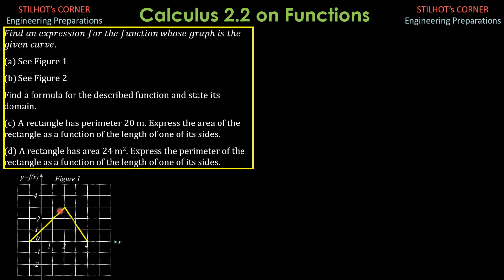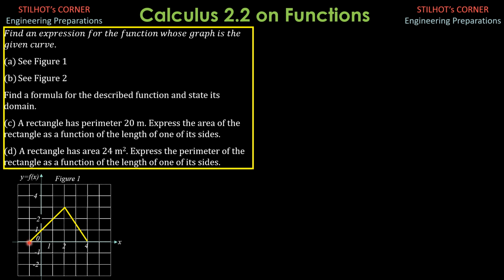So for figure 1, here is the figure. We have piecewise functions which are lines. One is defined for x from -1 to 2, but not including 2 because it is connected with this other line, which is defined at 2, including 2, for this next line, 2 to 4. So we define the equation of this line using these points here.